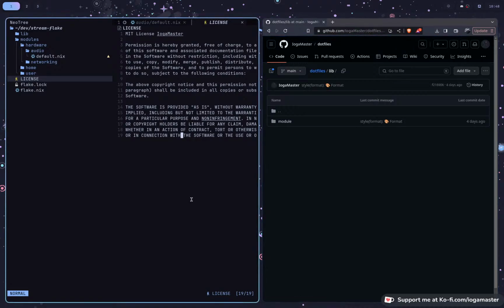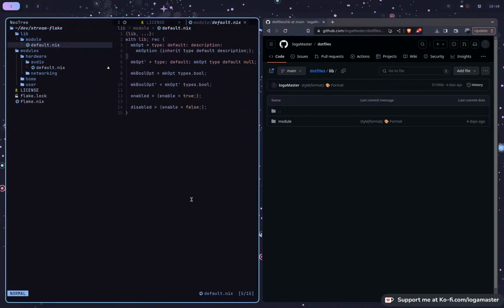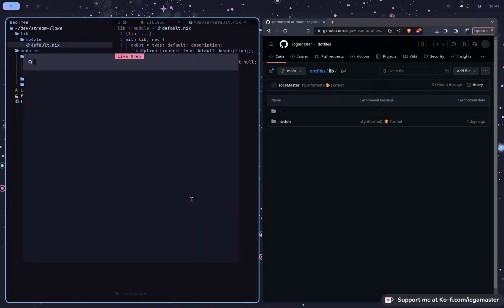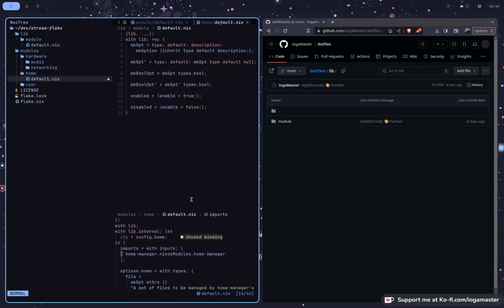Now, I did this here. As soon as I wrote this module, right, it's just there. I don't import it anywhere. Like, I can search text for imports. The only place that an import would be is when I have to import another module, which is this. I import from my inputs home manager the NixOS module into the